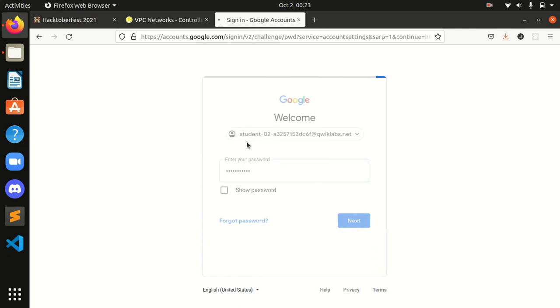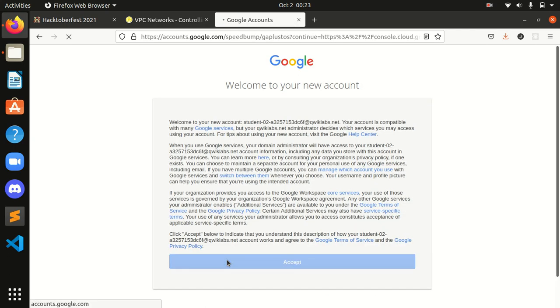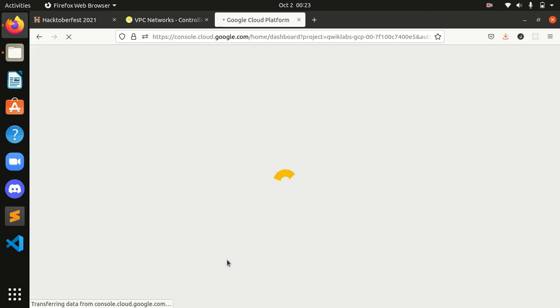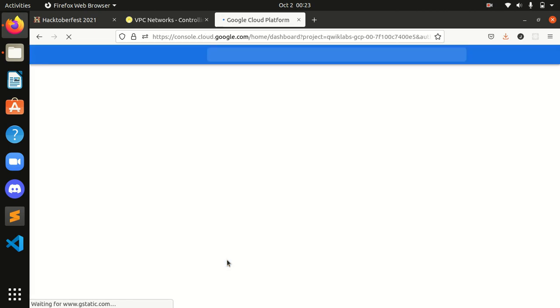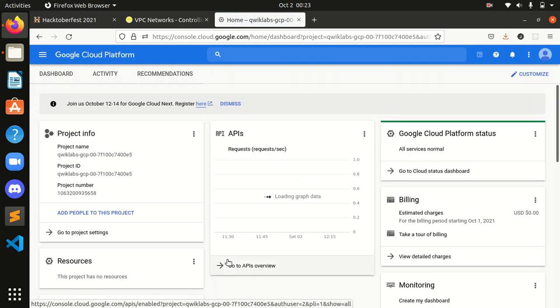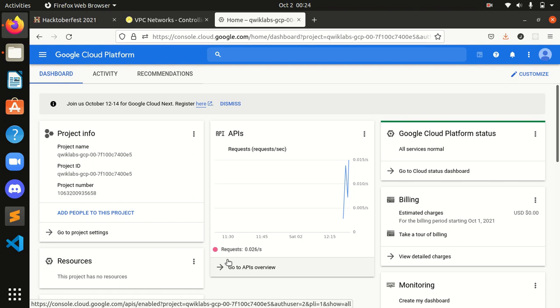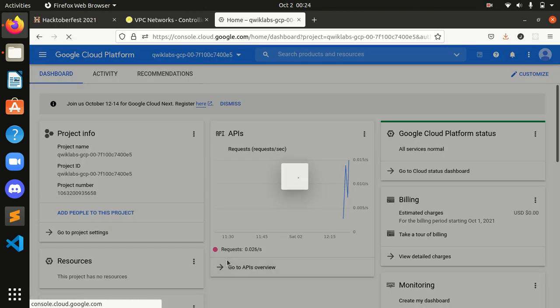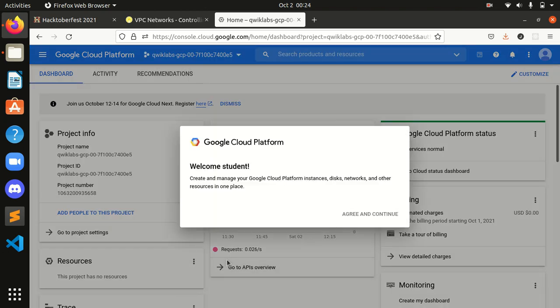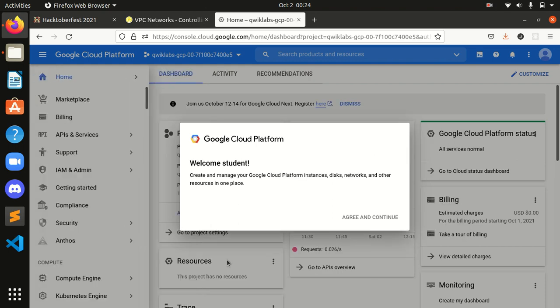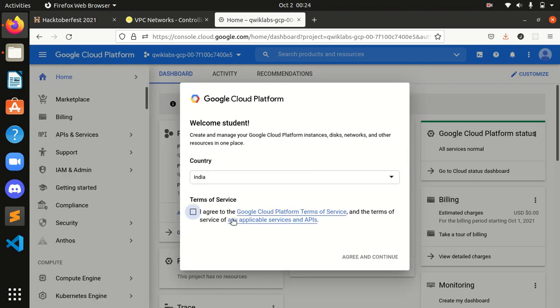Okay guys, we have signed in over here, and now the basic terms and agreements by Google, we have to accept it every time guys. Okay guys, we have to accept the terms and service conditions over here.